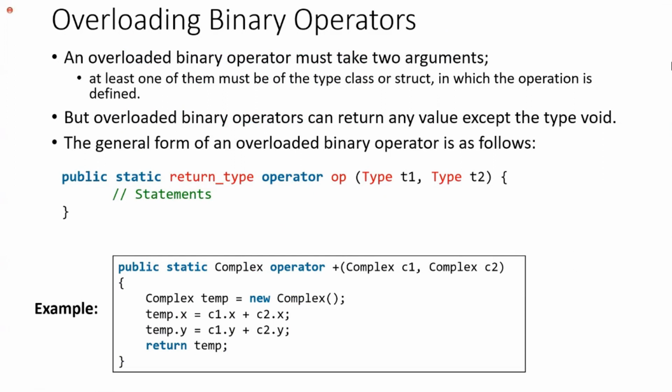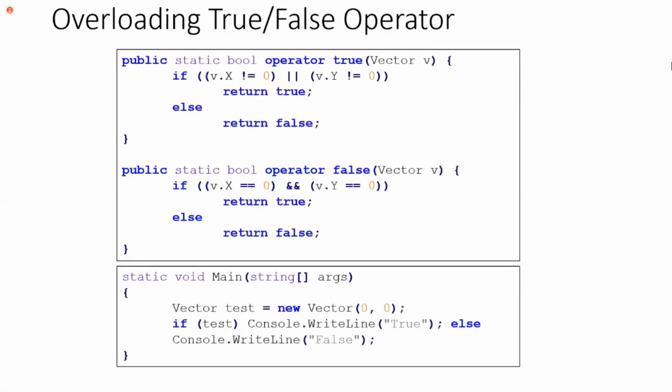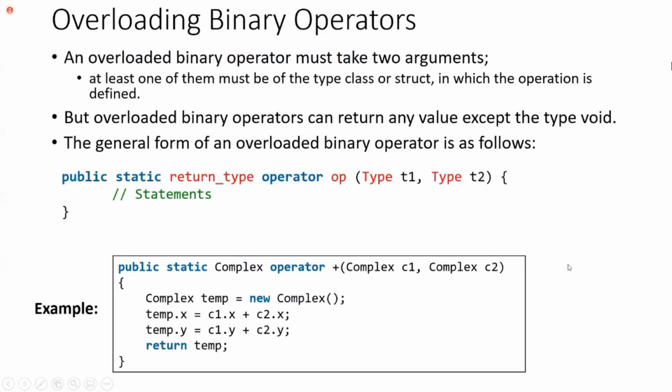Right, here's another one. Overloading binary operators. So far we did only the unary operators, which have only one operand, like C, vector V. What if we have two operands, right? For example, addition, subtraction, multiplication, division. In that case, you definitely have to place two operands. The anatomy is similar to the previous one. Only difference is you have two operands, so you put two operands in this way, T1 and T2, and they can be any two types, right?